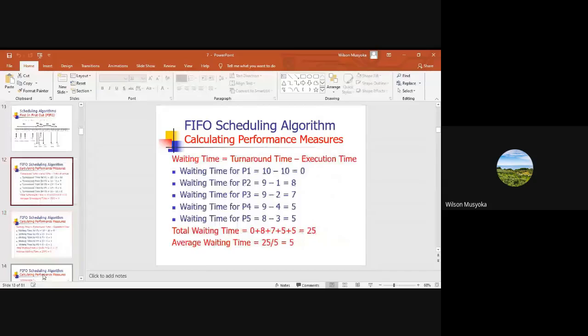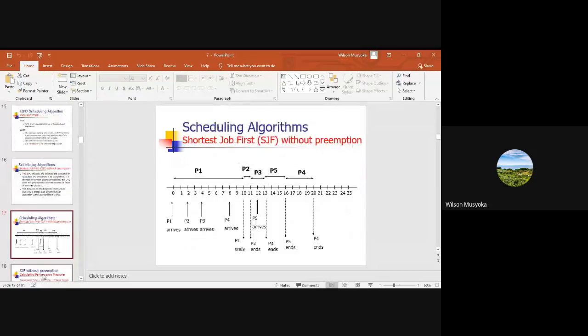All of these I want you to look at and how these calculations are normally done so that you may be able to understand them without any challenge. So those are the assignments I am giving. These are reading assignments. And please, on top of that, I want you to look at deadlocks.